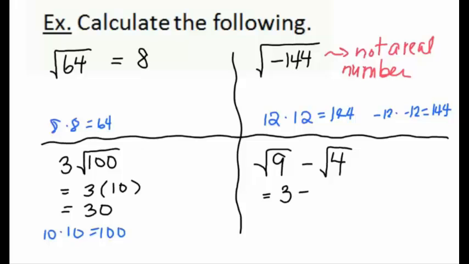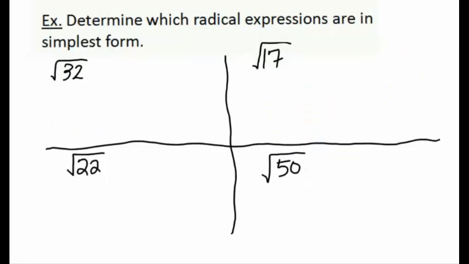And 2 times 2 is equal to 4, so the square root of 4 must be equal to 2. This means we get a final answer of 1. Next, let's work through a couple of questions and try to figure out if our radical expressions are in simplest